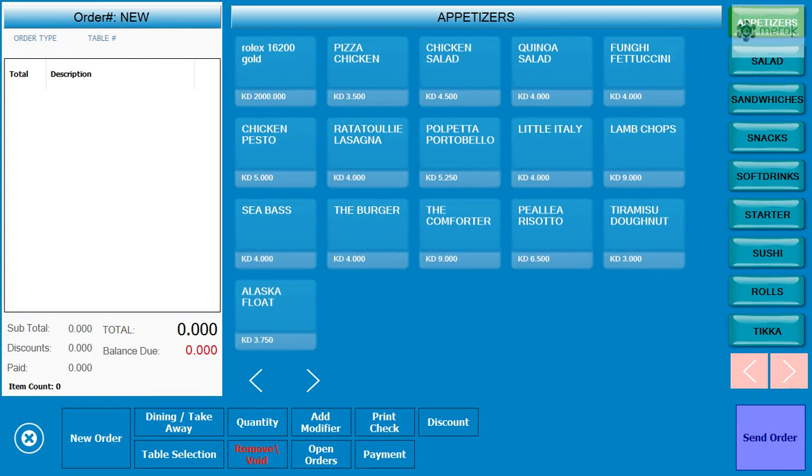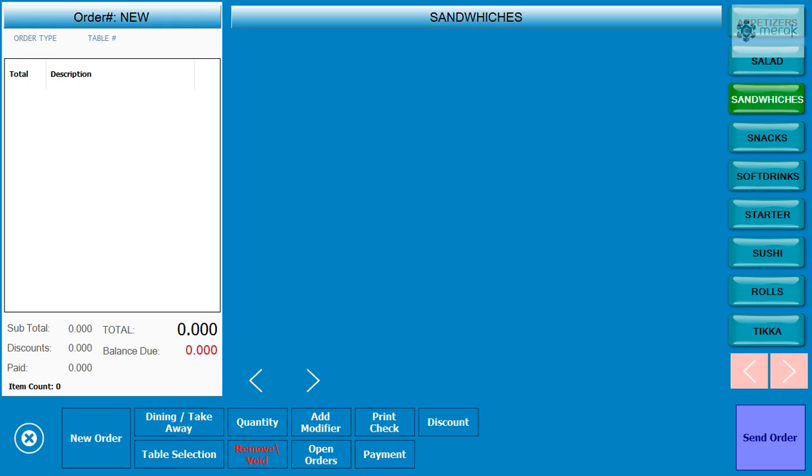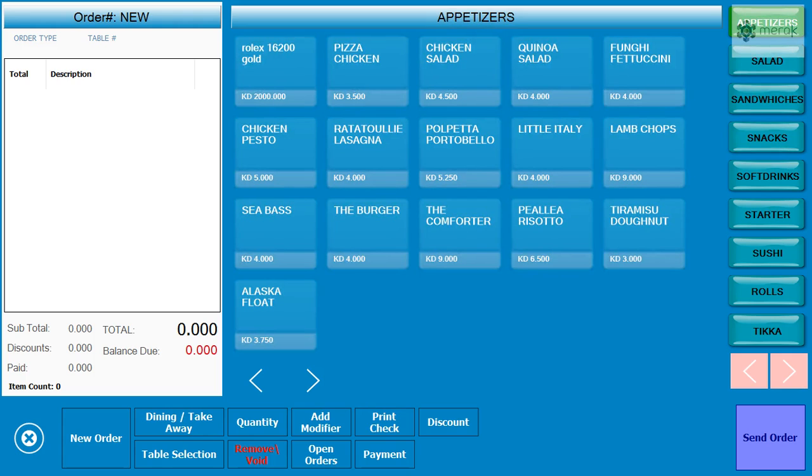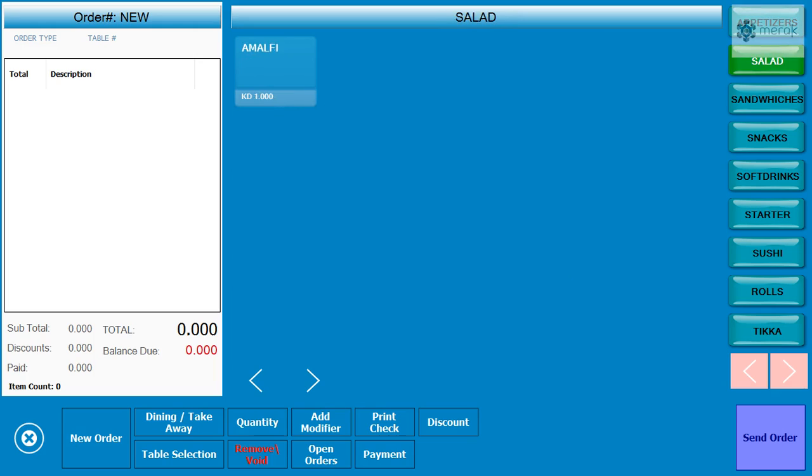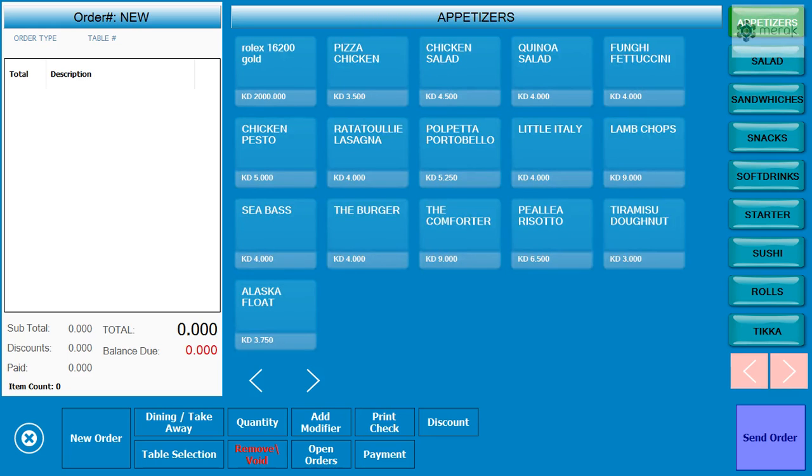Now this is the ordering screen, where you can see the buttons are dancing because this is some designing code. You can see multiple categories like appetizers, salads, sandwiches. We can allot images to these, or we can put a color on them. Like appetizers is green, so all of them will come in green. Right now the colors are not added. You click on salad, and if you want pink, all the salad items will come in pink. So let's say we go with appetizers.